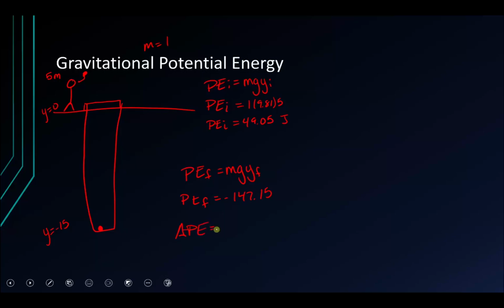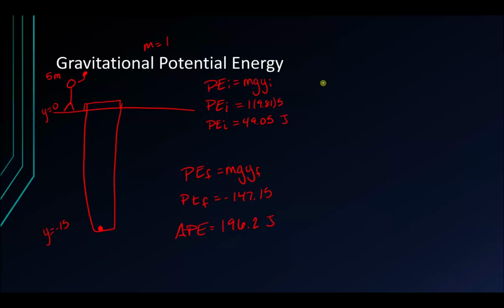Well, my total change in potential energy is going to be negative 147.15 minus 49.05, which is negative 196.2 joules, right? So potential energy is all about positions,